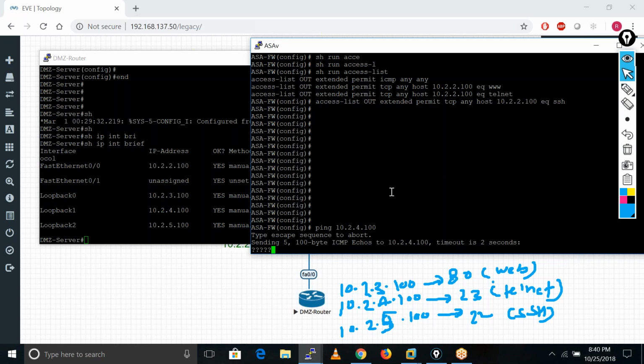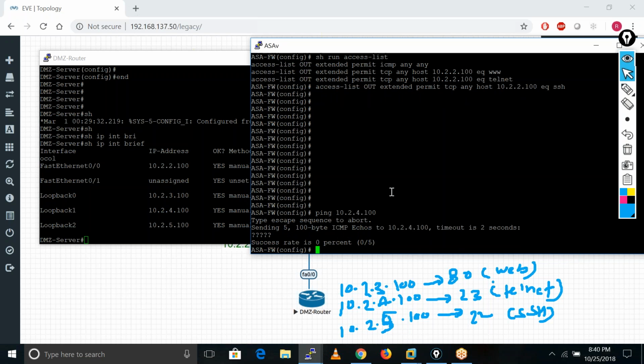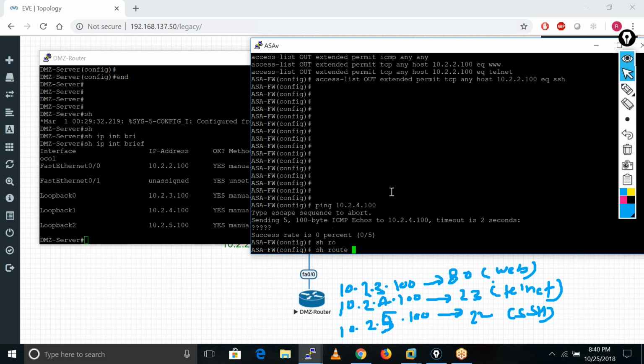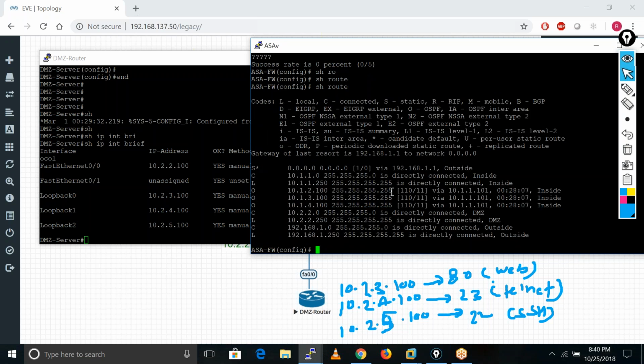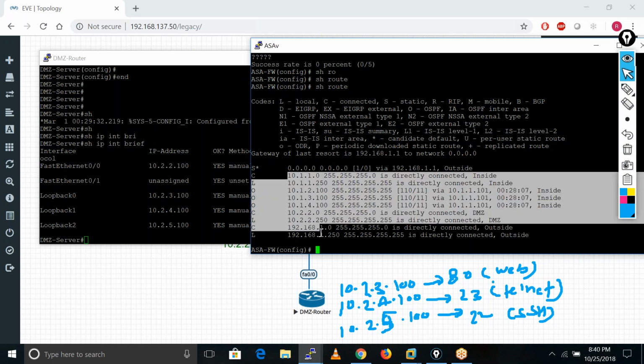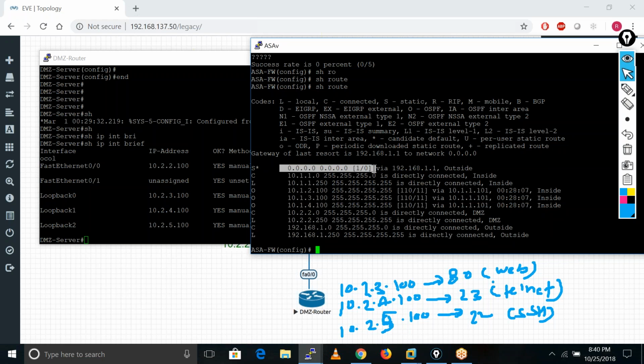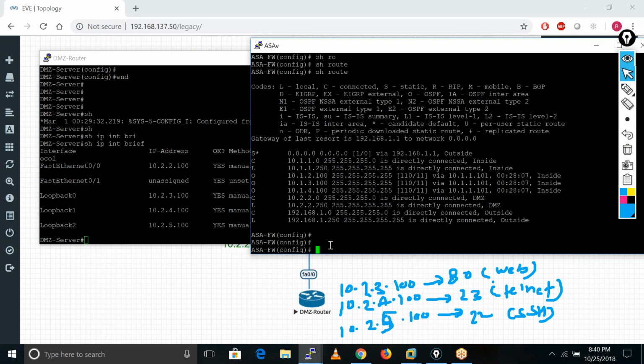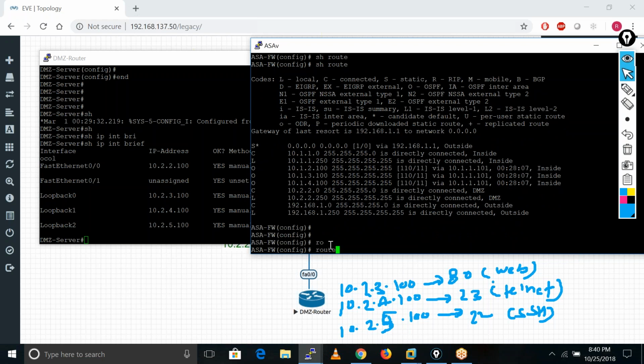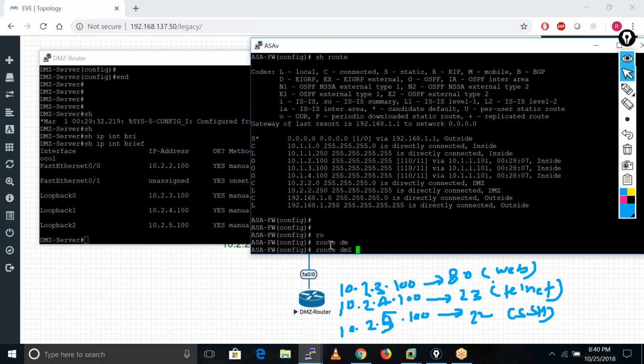So the thing is I am not able to ping this loopback because I don't have any route for that in my routing table. I'm only having the default route. So the ASA sends this traffic towards the internet, but this IP address is available in my DMZ zone only. So now I have to add some static routes. How can I add a route for the DMZ?